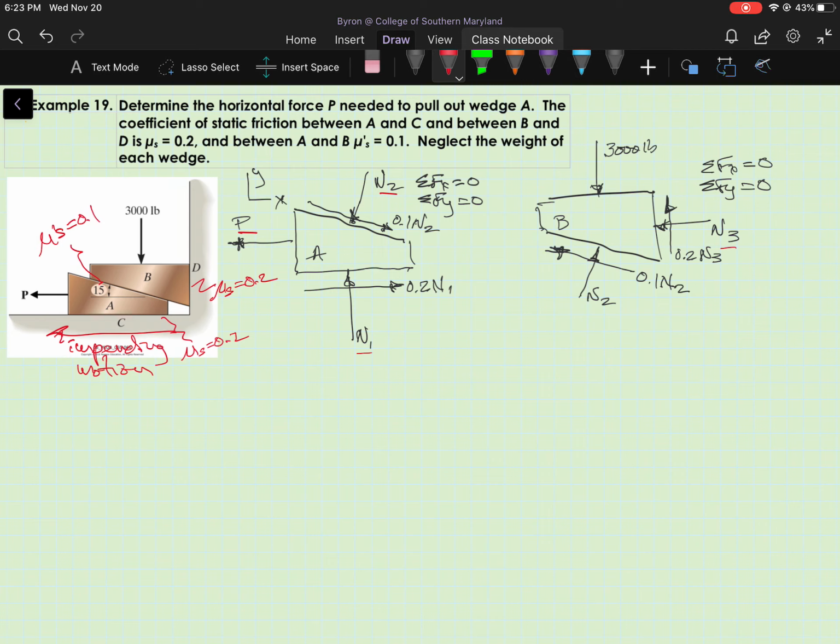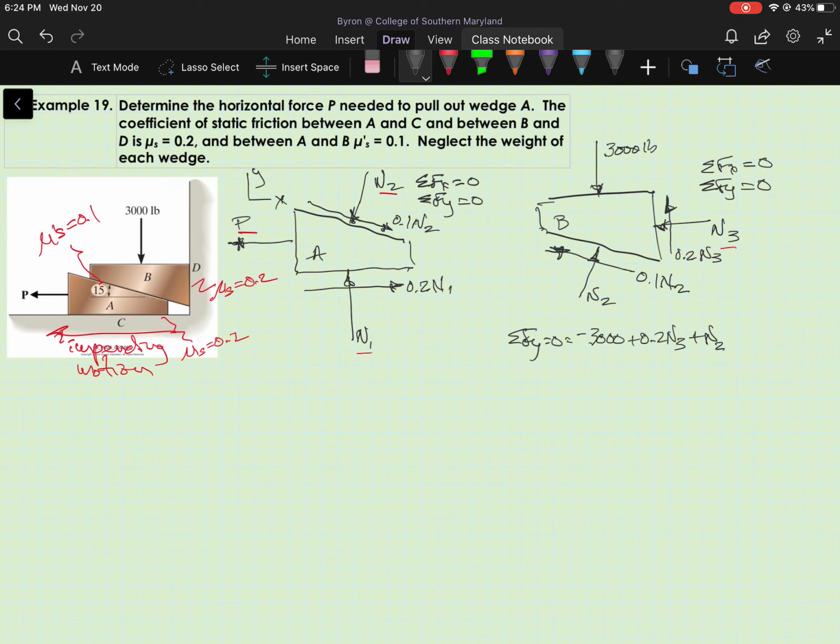Okay, so I'm going to start with writing equations for the free body diagram of wedge B. I'll sum forces in the Y direction. I'm going to have the 3,000 pound force acting downward plus 0.2 N sub 3 plus N sub 2. Now N sub 2, I need to break that into components, and